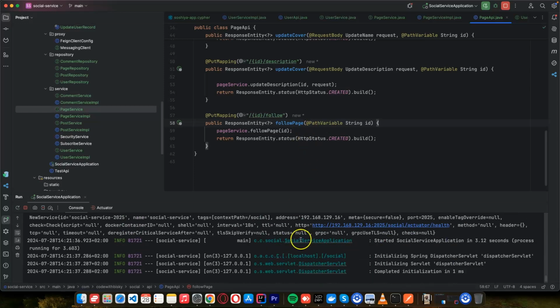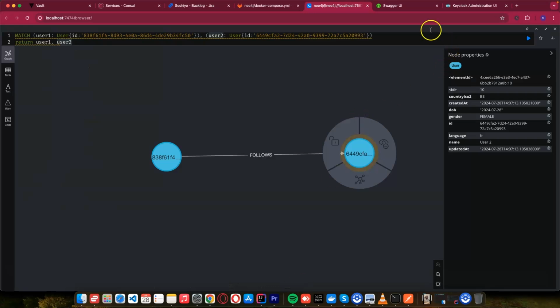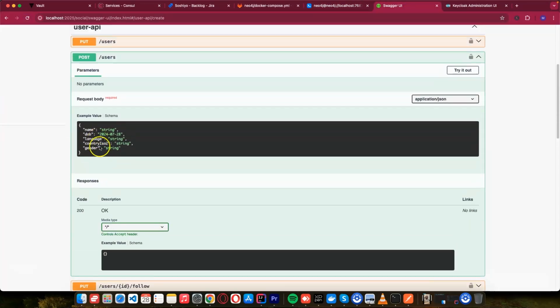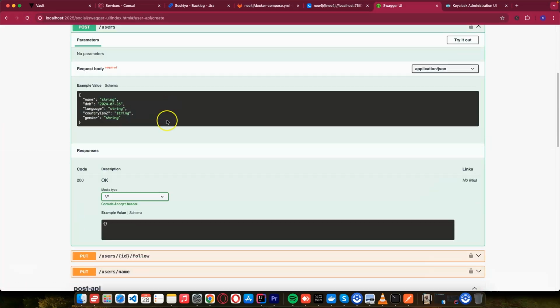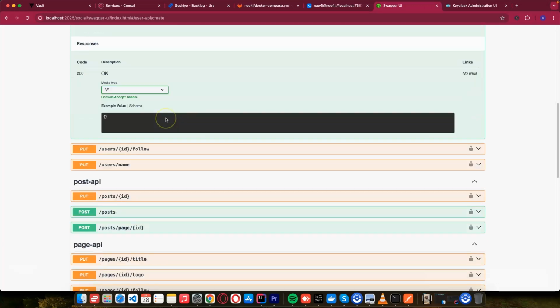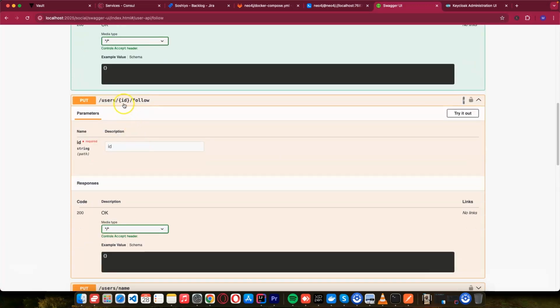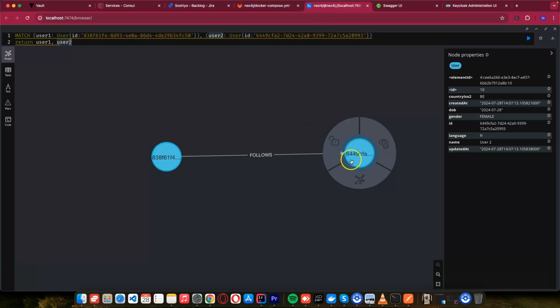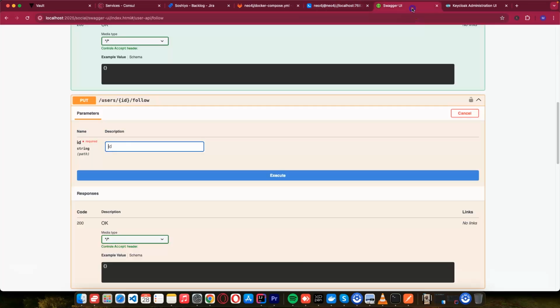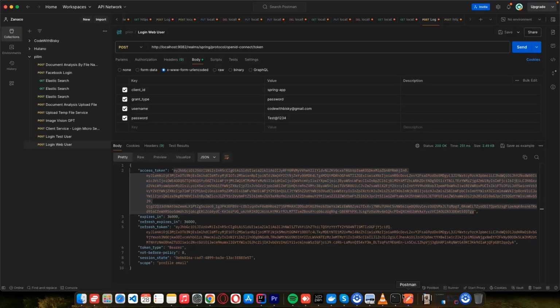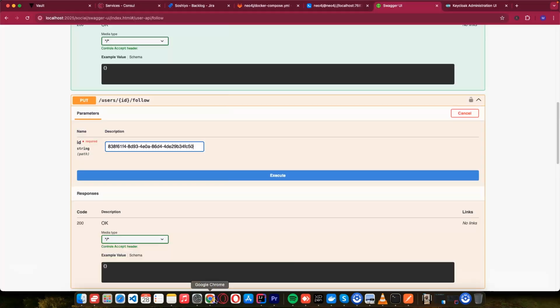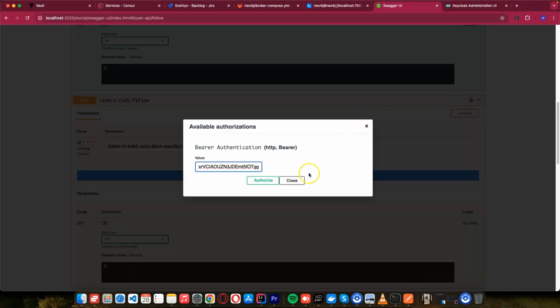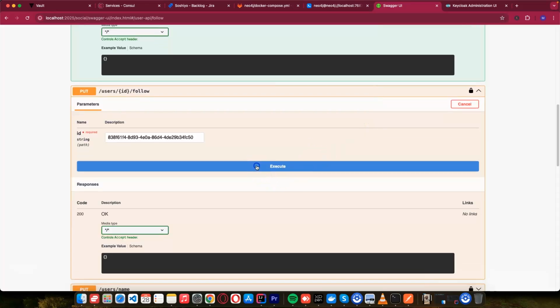So what we can do now, let's go to our APIs and let's refresh them. In this user, we have created an API to follow another user. So this is the user that you want to follow. As my user, let me look for the user that I can follow. Maybe I want to follow this user, because mine is a male. I can paste this, and let me copy the token because I just refreshed the page, and I'll paste this and authorize. So if I execute this,